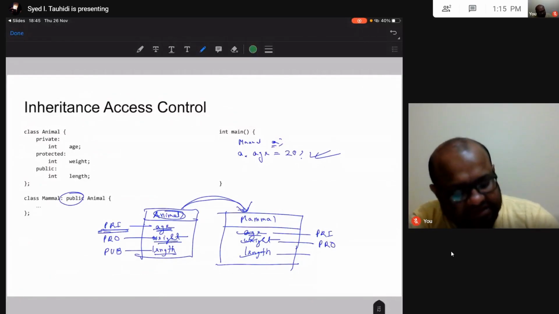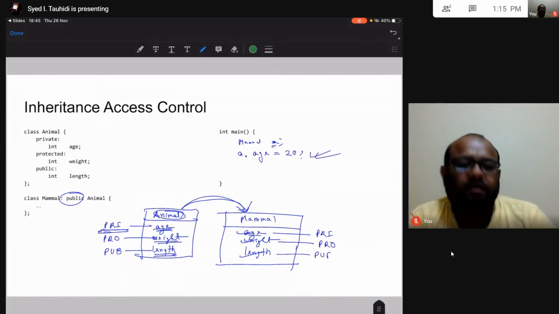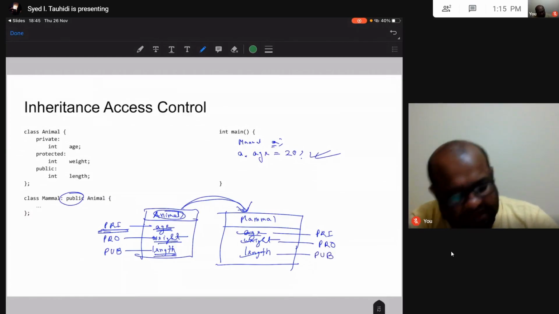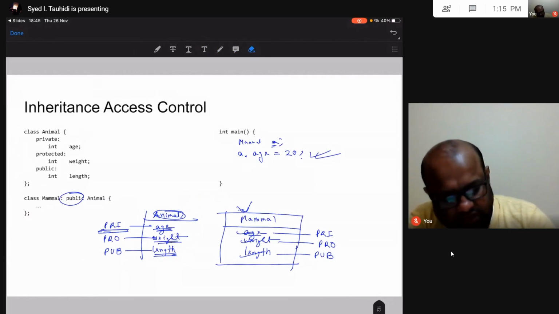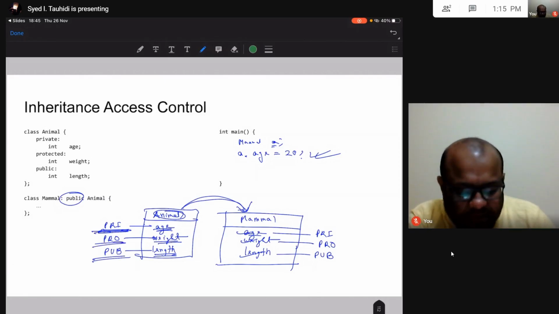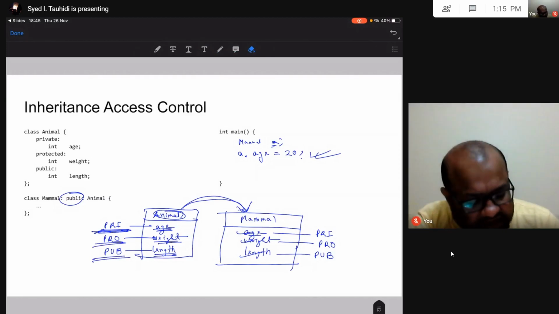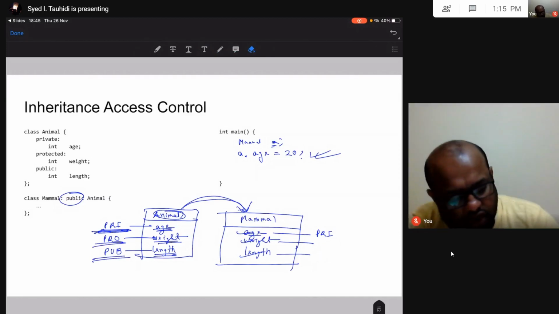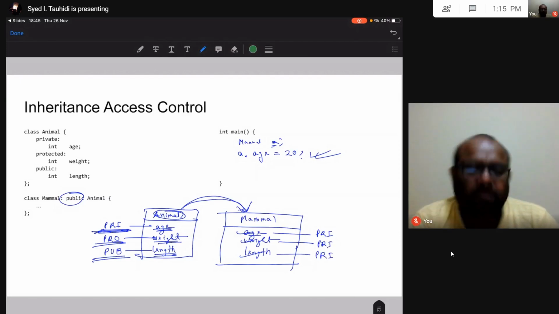Is length still public? Say I am inheriting, and previously I had age as private, weight as protected, and length as public. Say I am doing this inheritance, and after inheritance all of these become private.